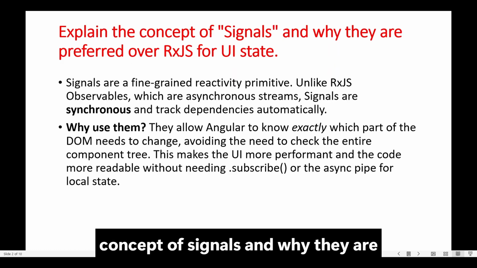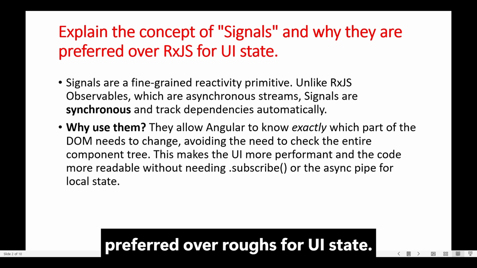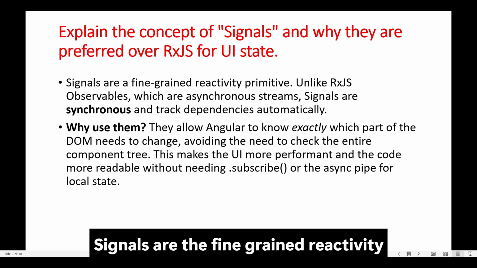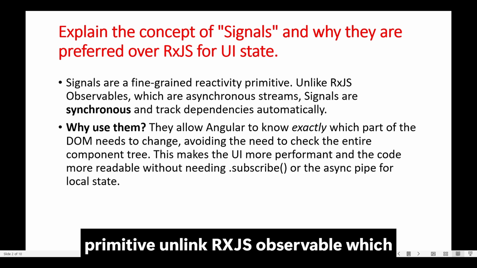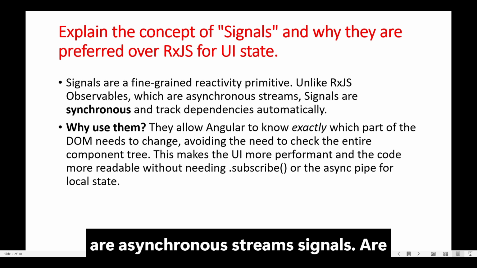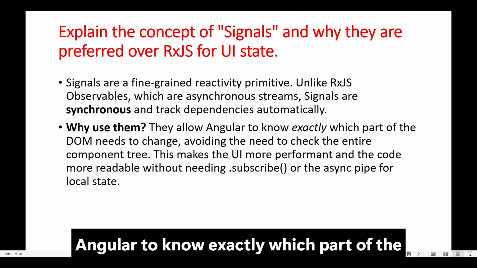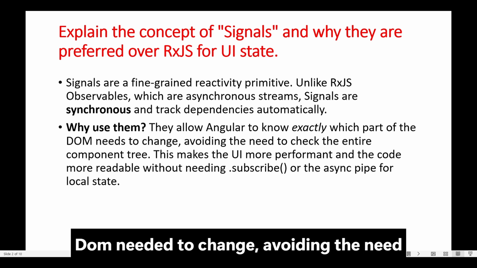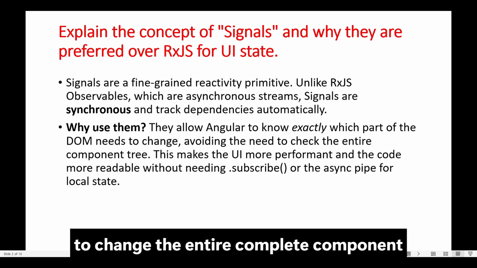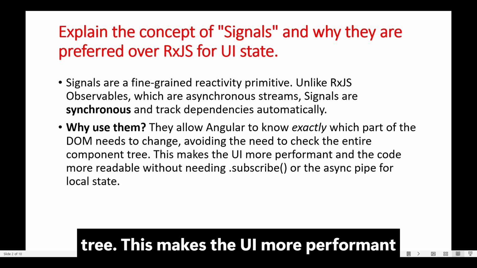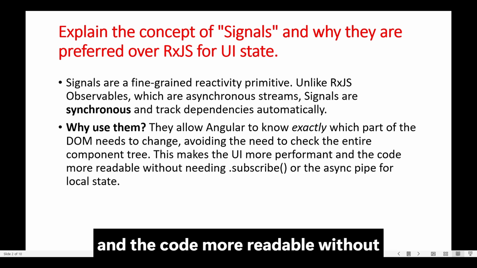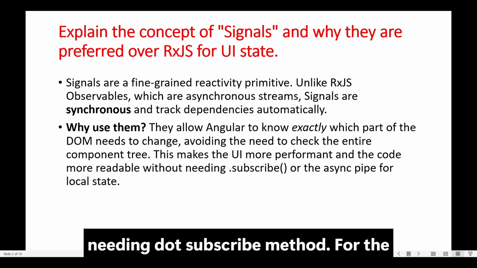Explain the concept of signals and why they are preferred over RxJS for UI state. Signals are the fine-grained reactivity primitive, unlike RxJS observables, which are asynchronous streams. Signals are synchronous and track dependencies automatically. Why use them? They allow Angular to know exactly which part of the DOM needs to change, avoiding the need to change the entire component tree. This makes the UI more performant and the code more readable, without needing the .subscribe method or the async pipe for